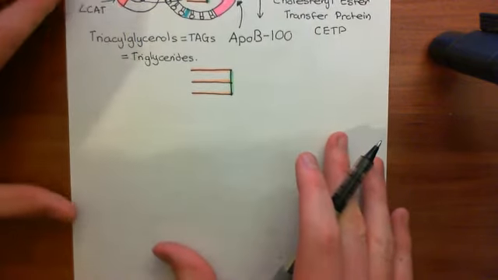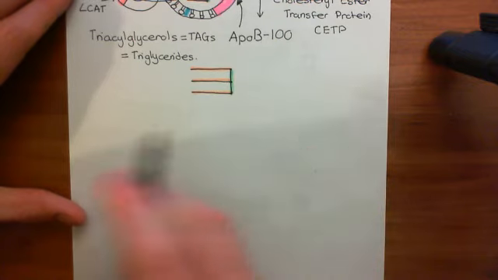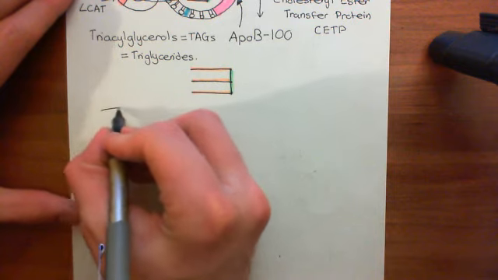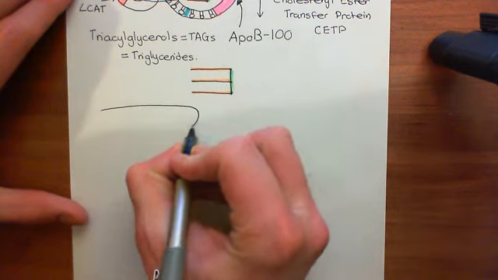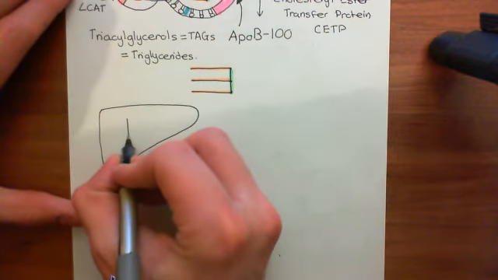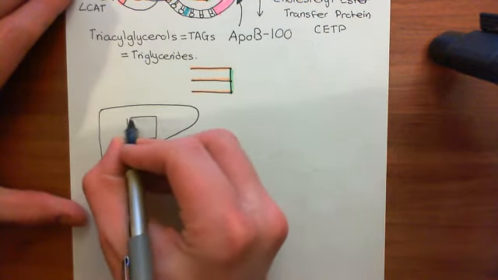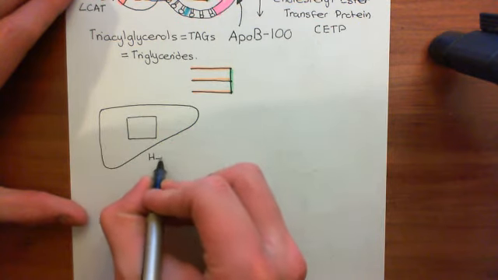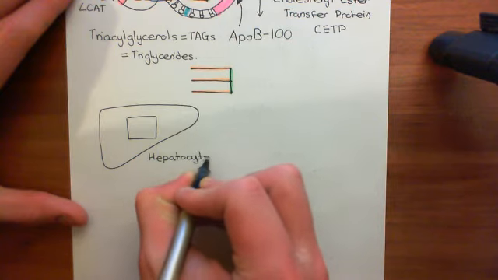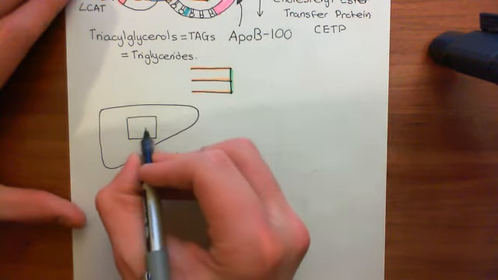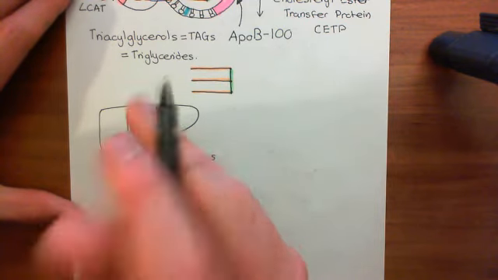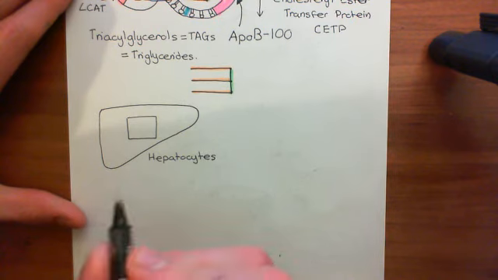So, right, let's start by discussing the two major cell types that we're going to deliver the cholesterol to. Firstly, we have liver cells. Here's a picture of the liver, and we'll have our hepatocyte represented here. HDL particles and LDL particles are now going to deliver their cholesterol ester content to the hepatocyte. They'll do this through very different mechanisms, as we'll see, but the overall result of this is that